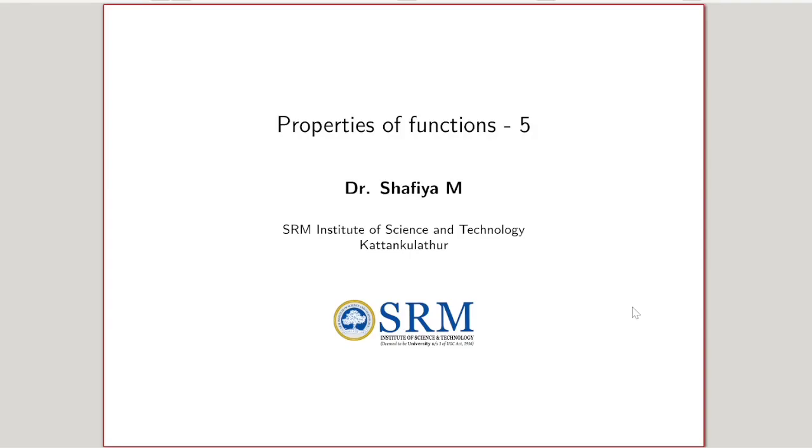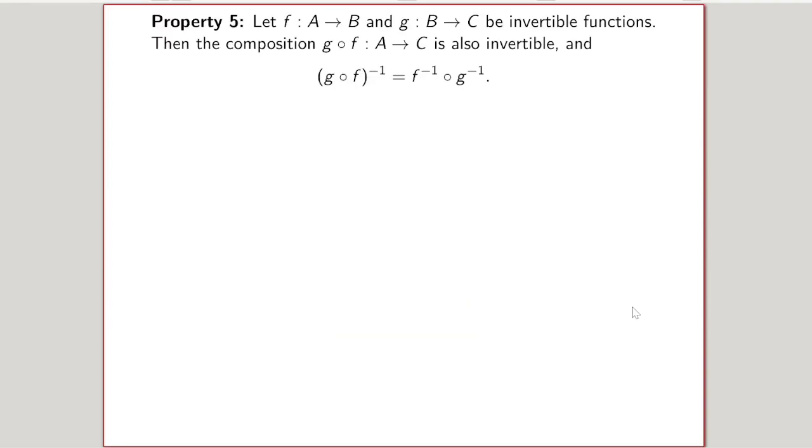Hello everyone. In this lecture, we'll be seeing the fifth property of functions. It is the formula for the inverse of a composition of functions. So if I have a map f from A to B and g from B to C, we already know that it is possible to define g composition f from A to C. Suppose both the functions f and g are invertible; observe that it is possible to have an inverse function